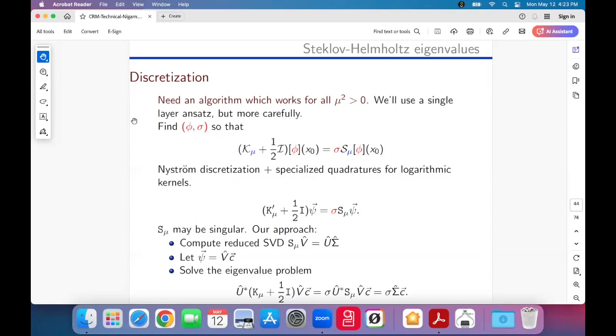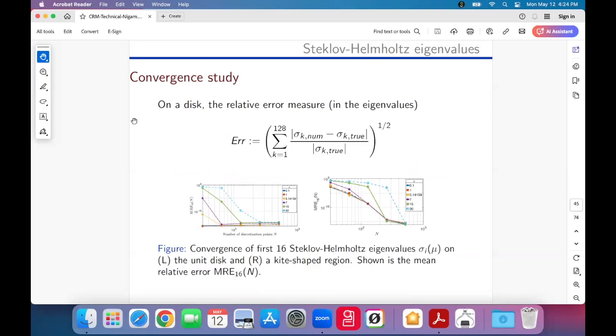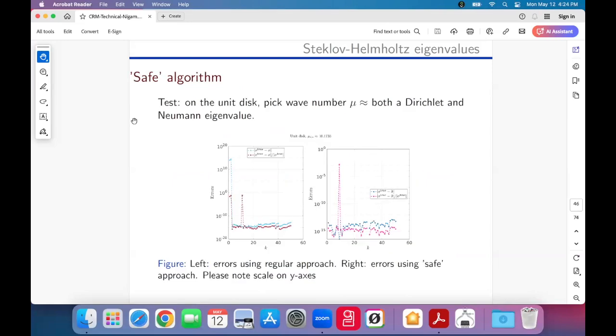What I'm going to do is take the SVD of the matrix on the right, because that's the one that's the problem. So I take the SVD and I change the discrete eigenvalue problem. I just throw away any singular values that are smaller than a certain number, and I work on a subspace. So this approach works really well. Once again, I have spectral accuracy for the eigenvalues. With this throwing away of the bad part of the null space of the kernel, I can get eigenvalues to